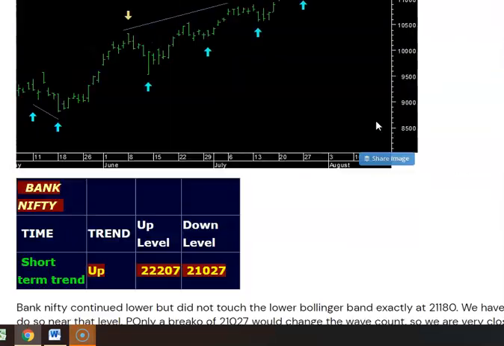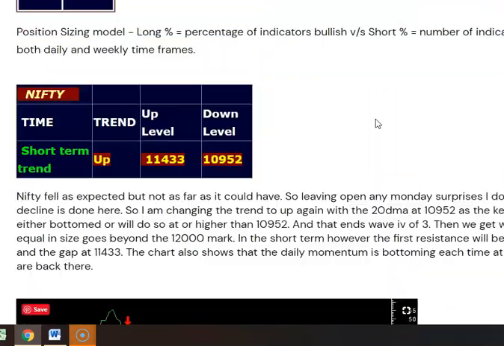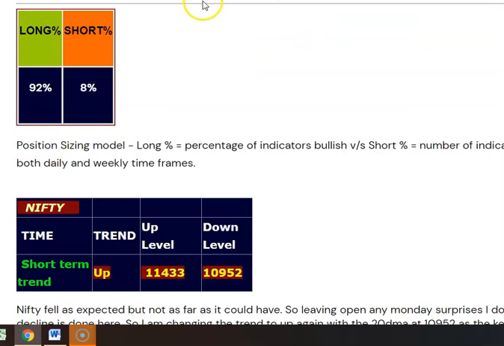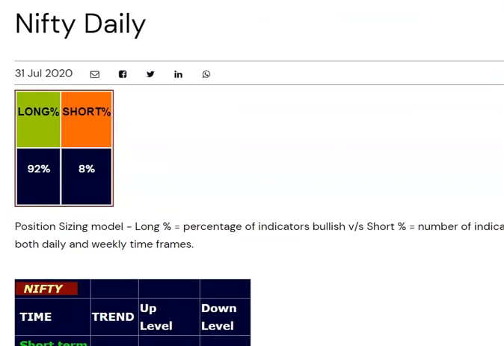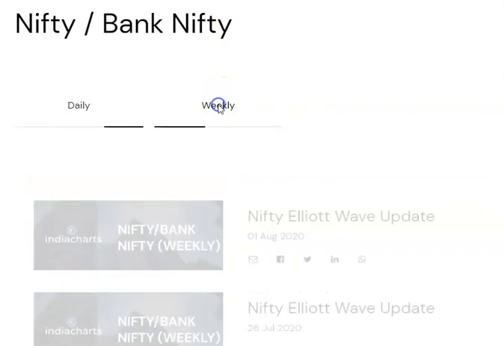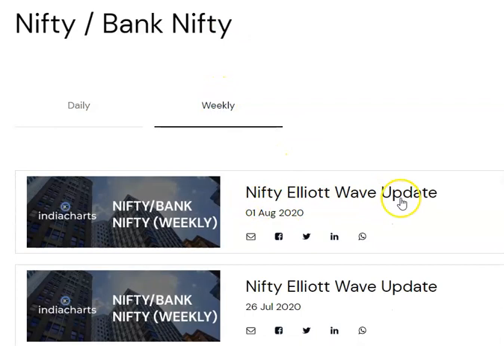This is a daily report, goes out by 6 or 7 in the evening to everybody on email and is accessible on the website the moment I publish it. Similarly, there's a weekly index update as well. This I publish the weekly update. The Nifty Elliott Wave update is published every Sunday, usually by afternoon or evening, definitely before the night. So you have it before the next day morning, before the market really opens.